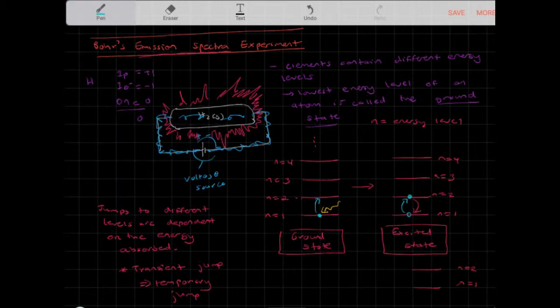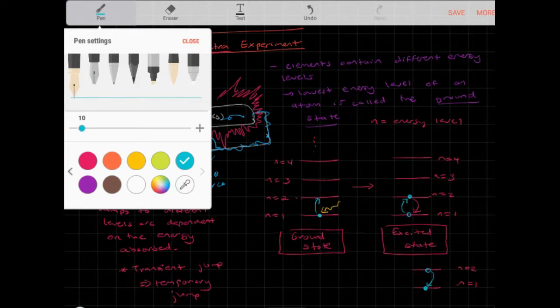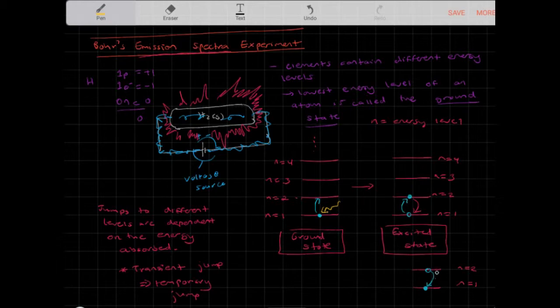When this electron falls back down to ground state, it releases the energy absorbed, but it releases that energy in a different form. It releases it as light energy, as a series of photons. So this energy gets released after being absorbed. This was the energy absorbed